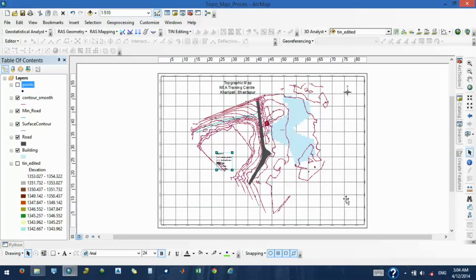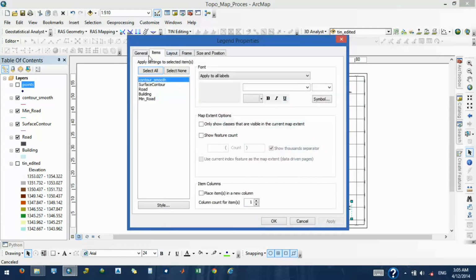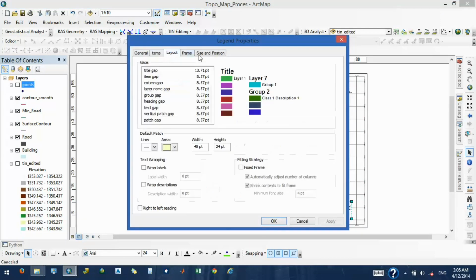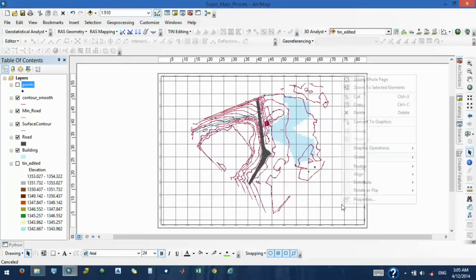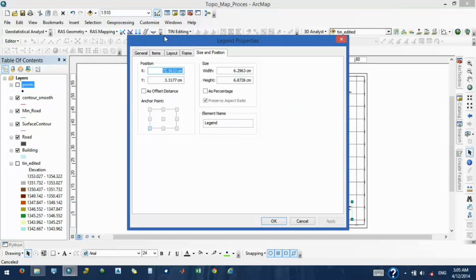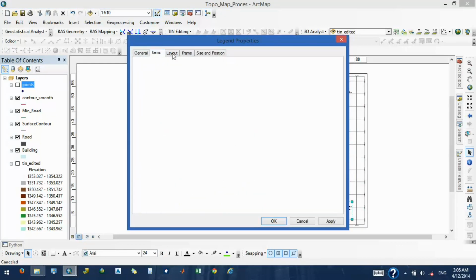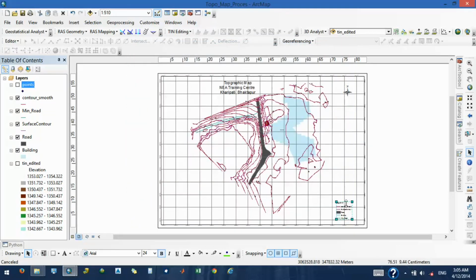See, I have it here. Or you can play around with this legend. I double click this to change how it looks. I don't have much to show here, but you just play around with this legend. You have to explore